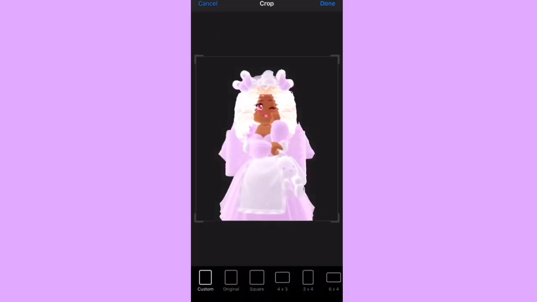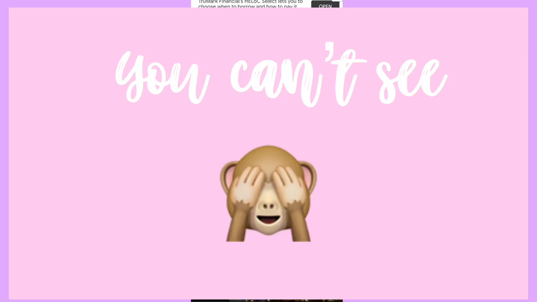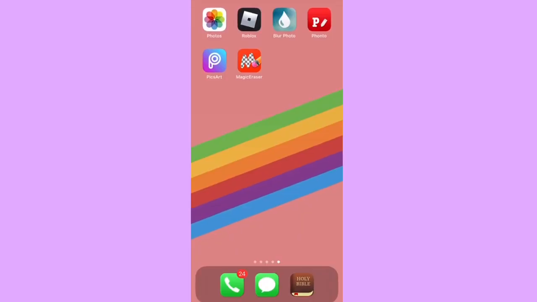It should turn out like this, something like this. And then that's when you save it. Of course, I already had that, but I'm using a GFX of my character, so you can use whatever. So once you have basically a PNG of your character and a blurred background, then we're going to get